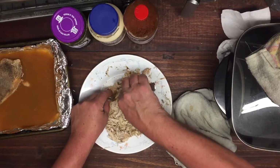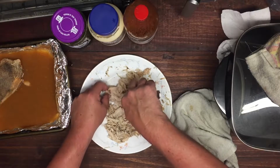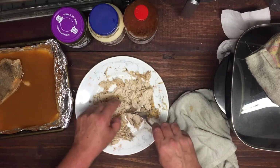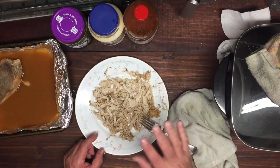Cook it and then let it cool. Let it soak up some of that juice after the fact. Don't get in a hurry. And see, I think that's a lot of the problem with people, is they get in a hurry with dishes like this. But you got to understand, you take your time with this dish, it's going to last you a